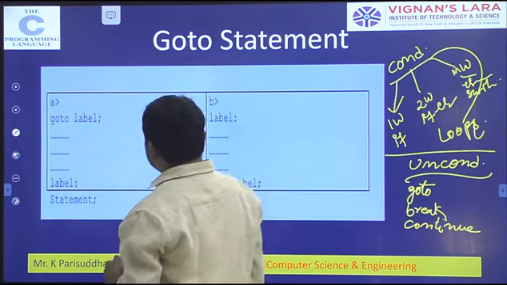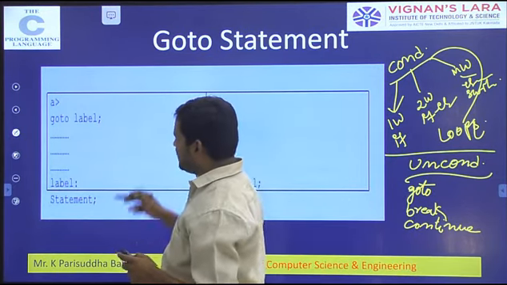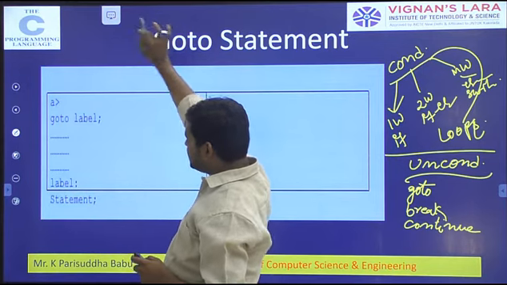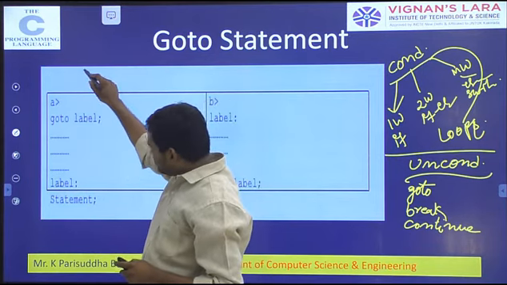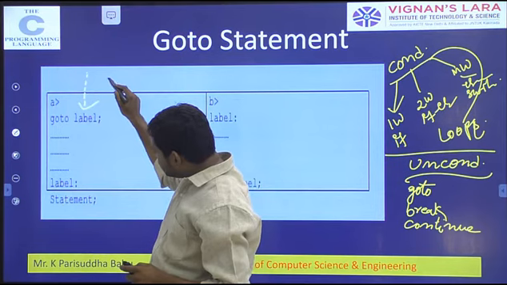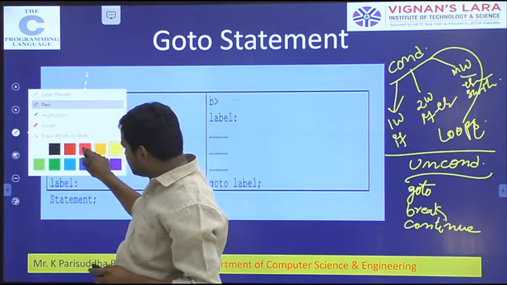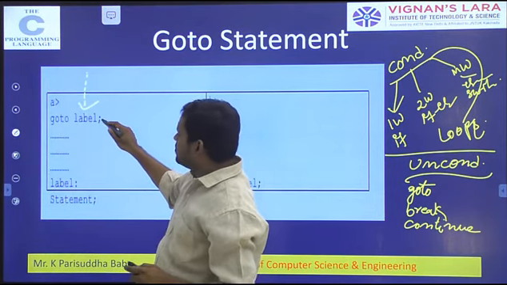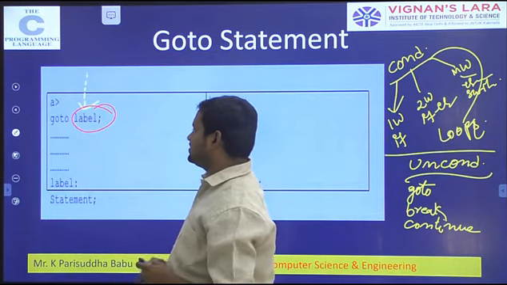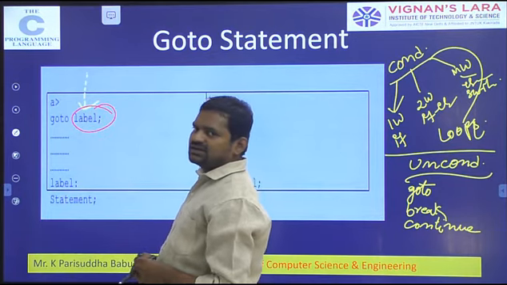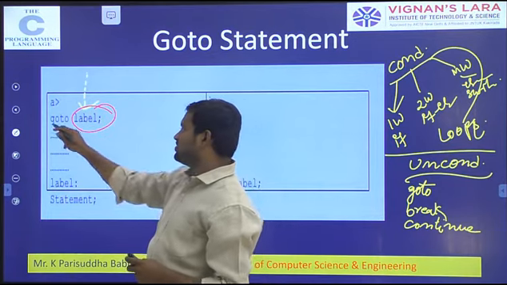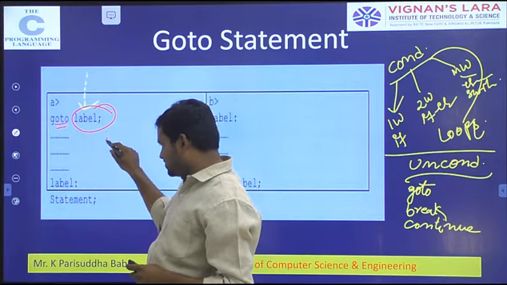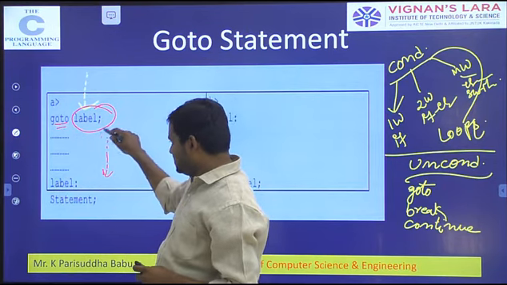So come to the goto statement. I already explained the goto statement. Its behavior is this: all the instructions at the beginning are executed. After that, when goto label is encountered, it will skip all these instructions.